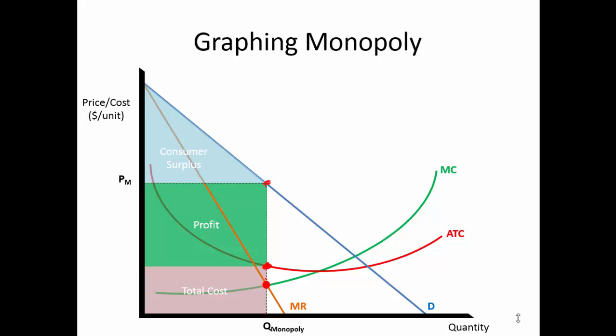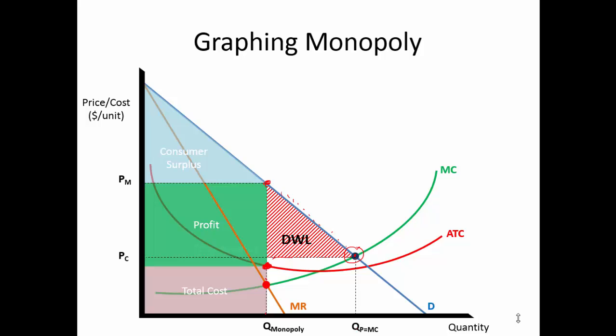And note that in a competitive market, now what would a competitive outcome be? Competitive outcome would be that we price at marginal cost. So competitive outcome would be way out here, and where the demand curve meets marginal cost is where we were when we were graphing competitive markets. And the quantity would be much larger, the price would be much lower. I've labeled that price competitive. And we lose this amount here that would be consumer surplus. It would be consumer gains. It would be the consumers buying more at a price less than their valuation here on the demand curve, but that doesn't happen. And that's the main reason that we are unhappy with monopoly.